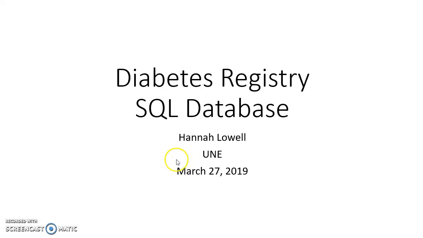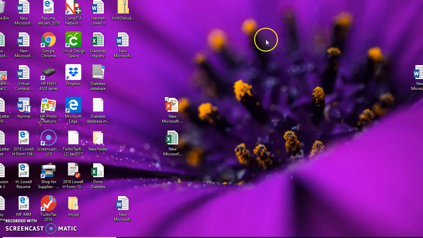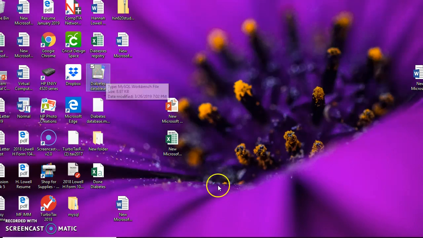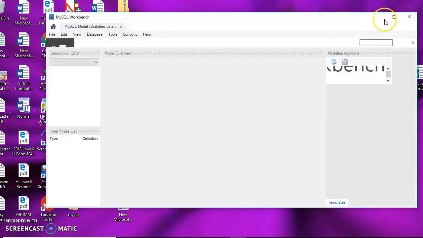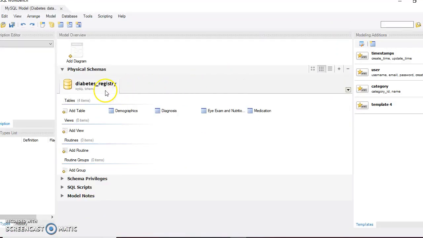Hi, this is the diabetes registry I created with my SQL database. So the first thing I did was to build the database registry here, and I chose to develop 4 tables